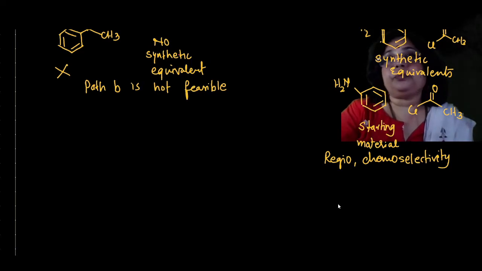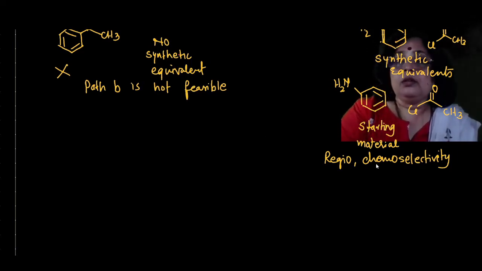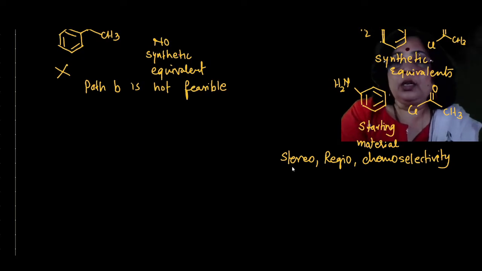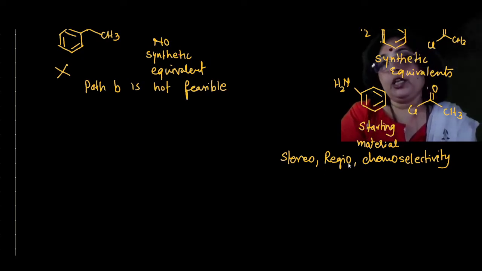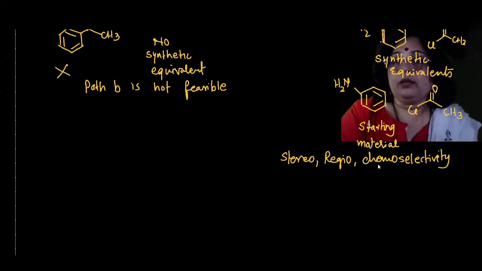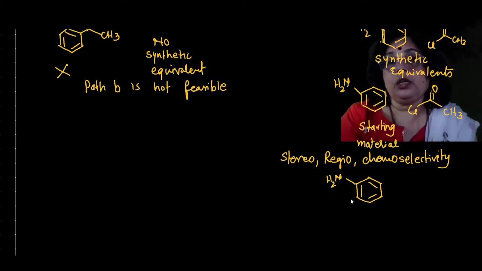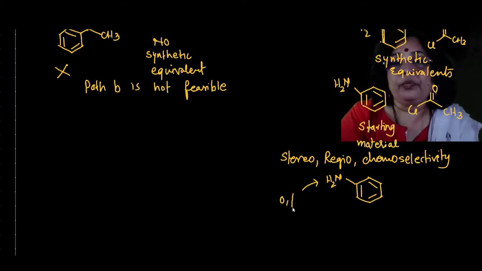Now in this case, I forgot to write the stereoselectivity also. These are very important points in any organic synthesis. When we consider this as a starting material, these three points, the stereoselectivity, regioselectivity and chemoselectivity, arise. These are the major issues in organic synthesis. Now for the substitution, if we observe the nature of this NH2 substituent, it has an ortho-para directing effect.